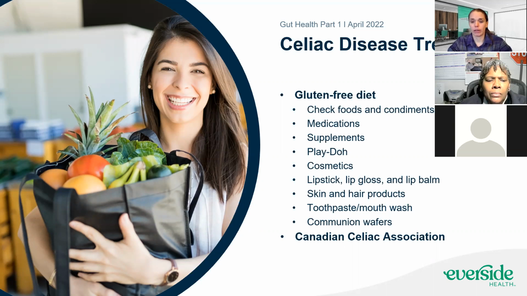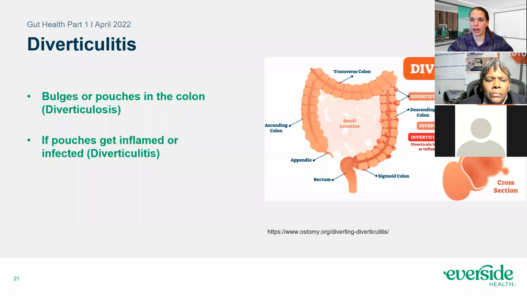A really, really great resource is the Canadian Celiac Association. They have a huge list of all the foods that, one, you should avoid, but also a huge list of foods that you can eat. I think that's the big thing, is a lot of times these kinds of things show you all of the foods you can't eat, and it gets very depressing versus focusing on what you can eat. So they have a great, great list of that. And if we have time later, I can pull up their website and show you that one.